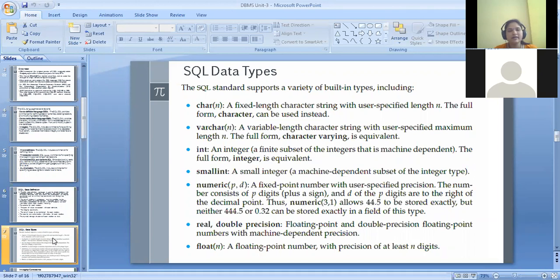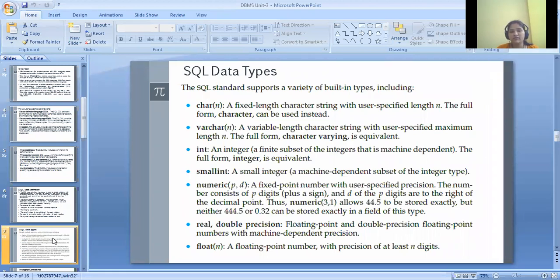The full form is character, and it can be used instead as char. If we want to declare a fixed-length character data type, say 4 or 5, then we use character. Then varchar in brackets n. Now char is a fixed length,